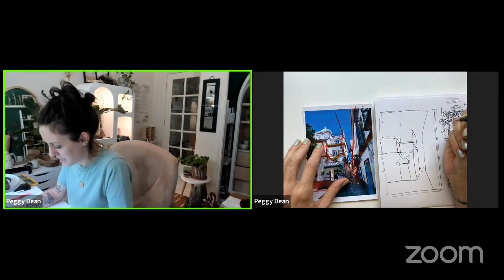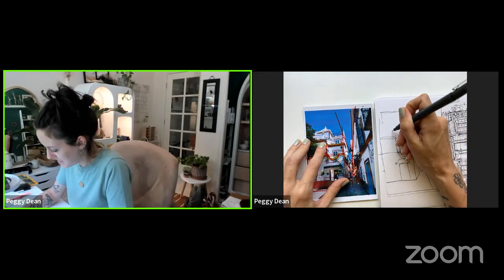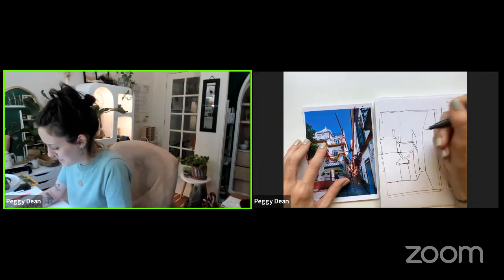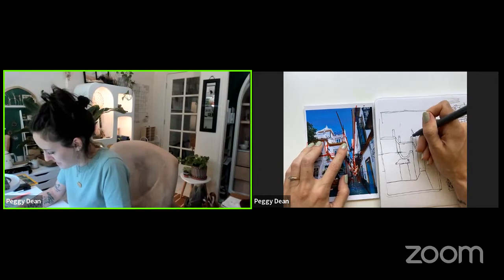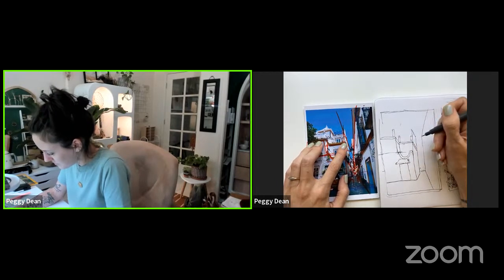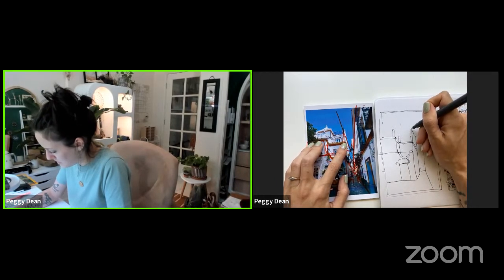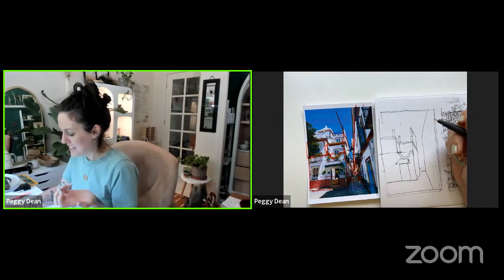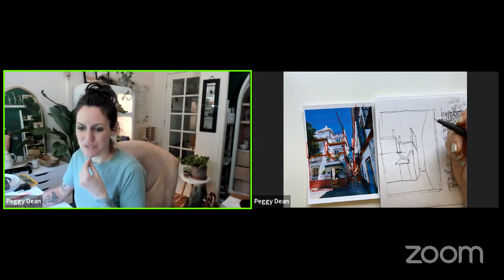a skinny rectangle, and I'm going to draw another skinny rectangle right here that's going to be taller because it comes up higher. Maybe I'll bring that up a little bit, and then I'll draw another one right here. And then this building rises, and I'll draw another one about right here because that's going to be layered. But I mean, that's kind of, it's very